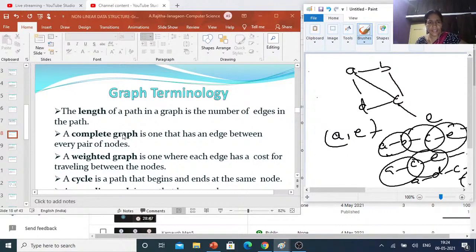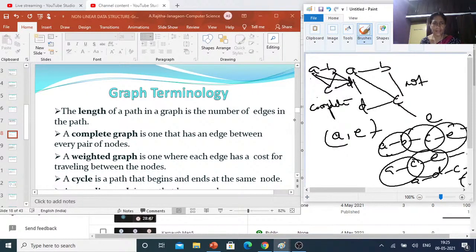When we say that the given graph is a complete graph, a complete graph is one that has an edge between every pair of nodes. That means here A, B, C. Suppose you can take it like this. Now you can say that this is a complete graph. Suppose you take A, with the remaining three nodes, edges exist. Suppose you take B, with the remaining A, C, D, there is an edge. Suppose you take this one, this is not complete. So this is what a complete graph is.